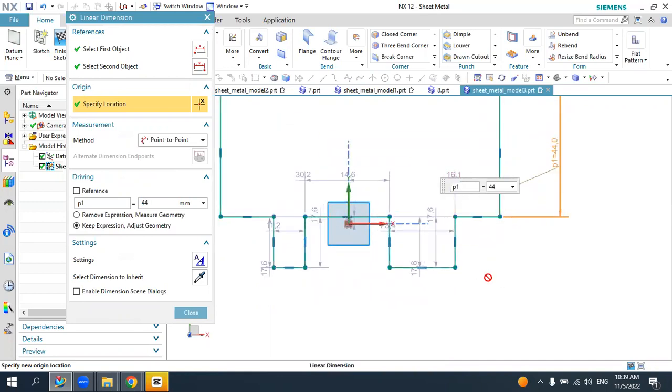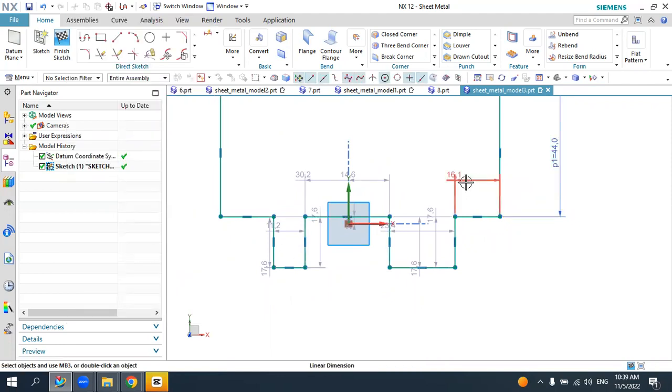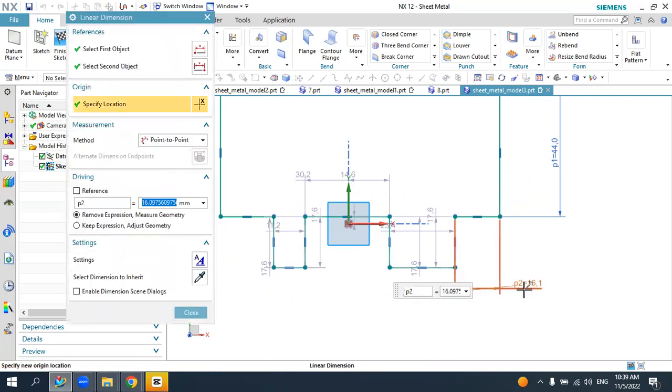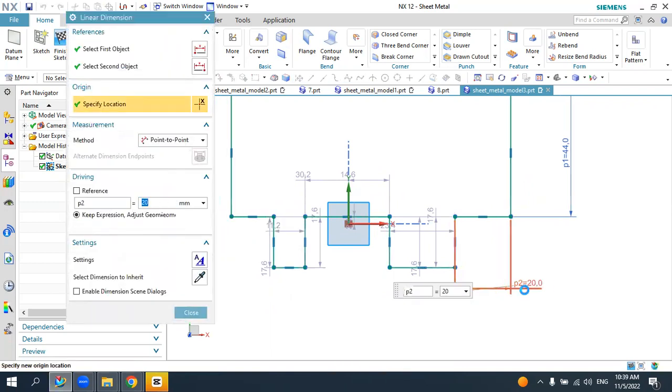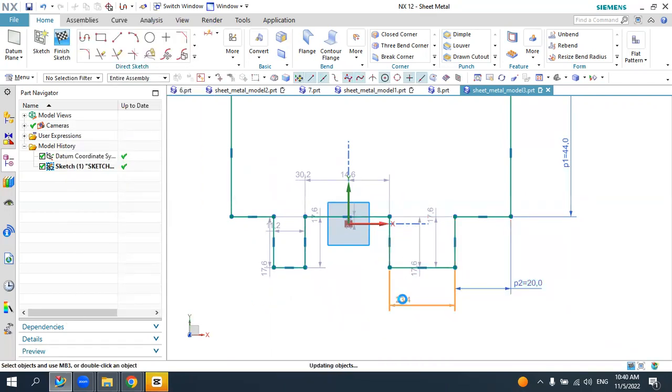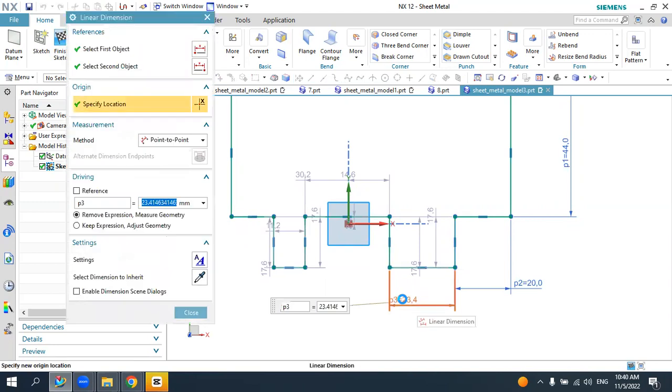For example, this dimension, let's make it 20 millimeter, and this one, let's make it 27 millimeter,